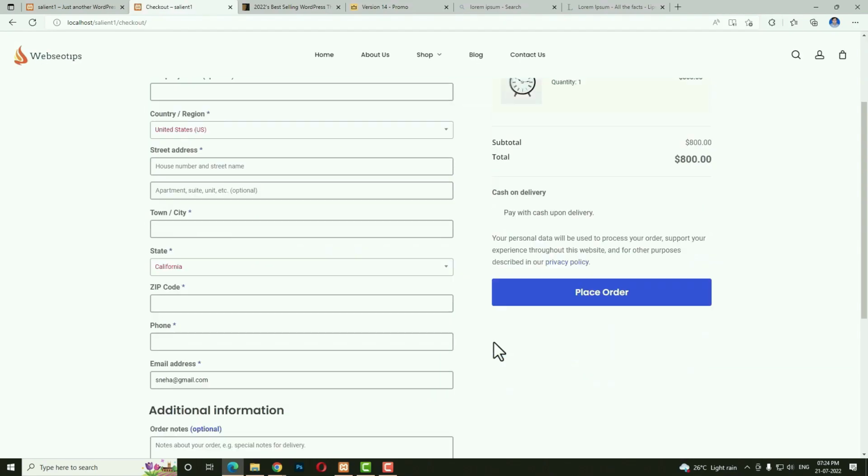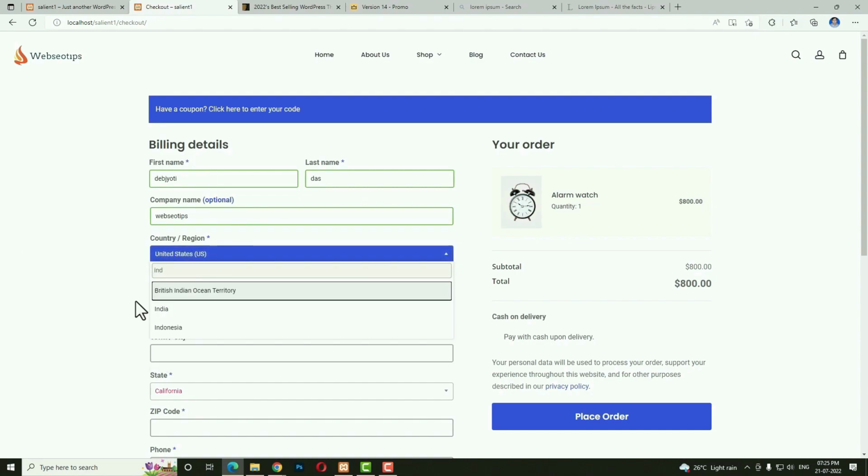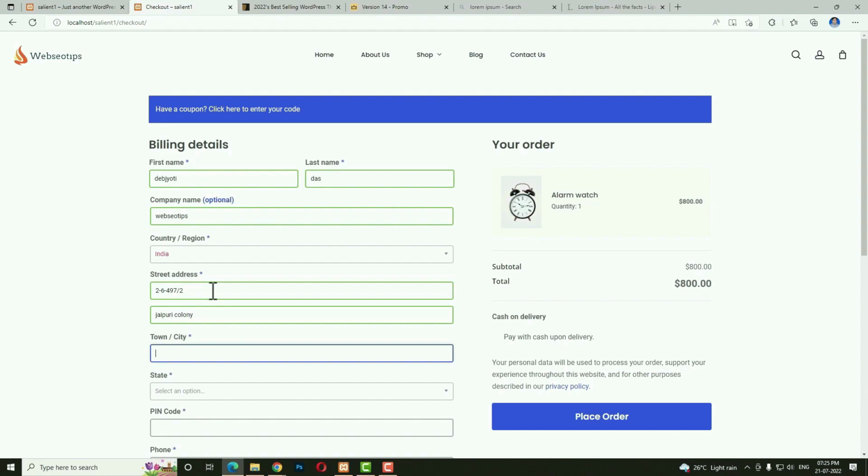So that is my checkout page. From here, what I have to do is enter my first name. Next I have to enter my last name, and company name, which is obviously optional. Next, country. I am from India, so let me choose India. And after that I have to enter my street address, and after that my city name,